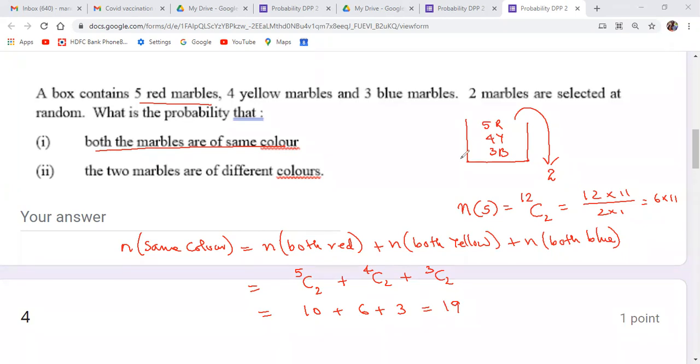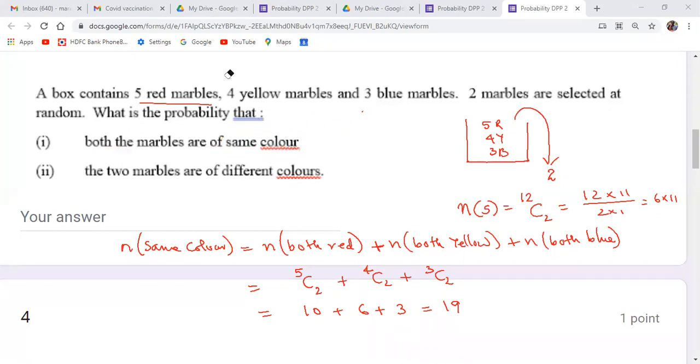Yesterday I had this confusion whether to multiply or to add. Now, why are you adding? Make it clear in your mind. Getting both the same color means either getting both red, which is one option, or another option of getting the same color, both yellow. Or both yellow. If I say 'and' here, that means there should be 4 balls drawn, 2 red and 2 yellow. That means the total number of balls I should draw is 4. Did you get the idea?